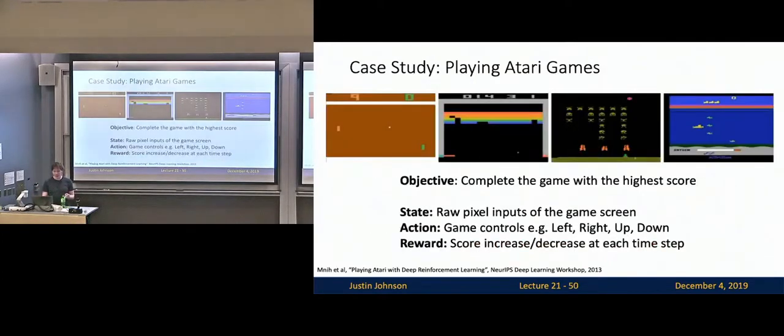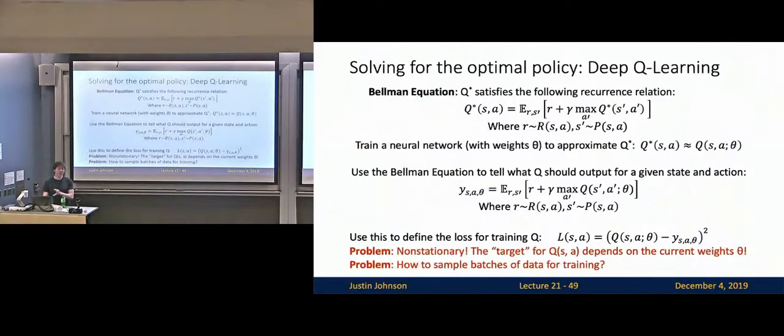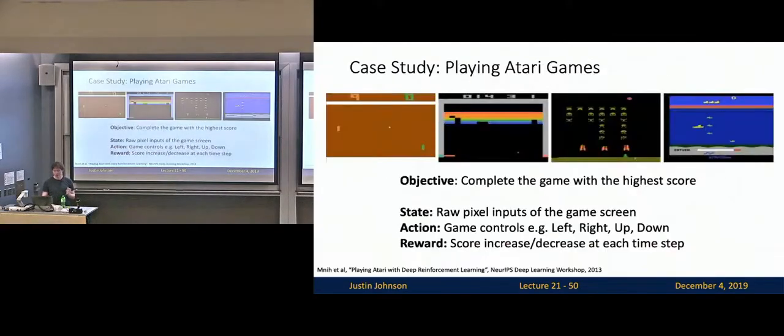So then, as a case study for this, this is called deep Q learning, by the way, because we're using a deep neural network to approximate a Q function. There's also shallow Q learning, where you use simpler function approximators to learn these Q functions. One case study where deep Q learning has been very effective is the task of playing Atari